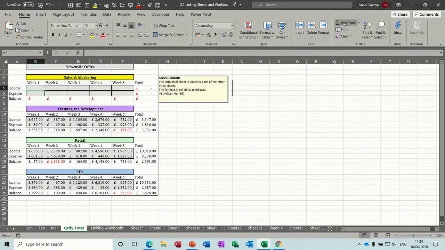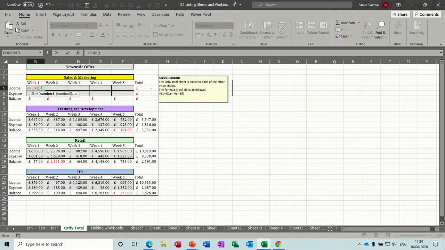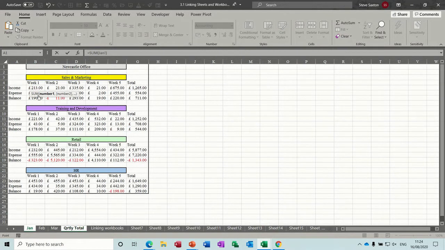So over to the right there, click on auto sum. It doesn't pick anything up because there's no figures to the left or above, but that doesn't matter. You go down to January, you click on the cell B5, you check that it says sum Jan B5. The exclamation mark just means sheet. Now you hold your shift key down and you don't need to click on February, you just need to click